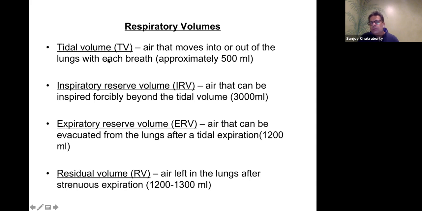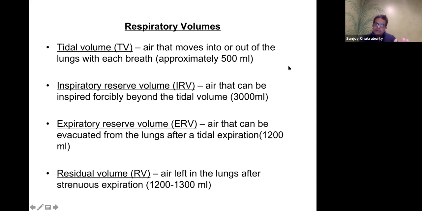So the TV you are doing anyway, this is on top of that. So that's close to 3 liters, while your TV could be just half a liter. But after that, if you want to, you can take a deep breath, approximately 3 liters of extra air if you need. Similarly, expiratory reserve volume, meaning at the end of normal expiration, which is the TV again,